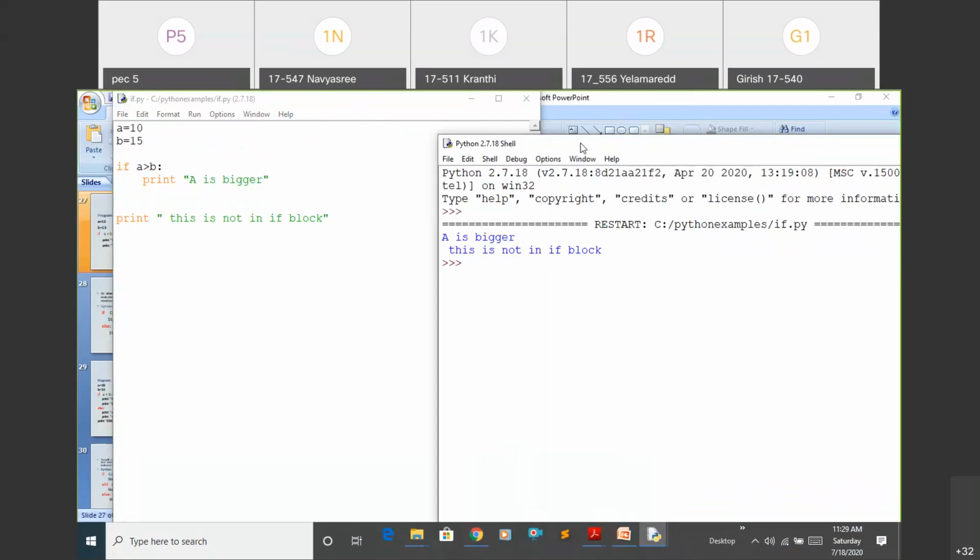Can anyone say? This is the program, this is the output. If I execute this one, what output will I get here?